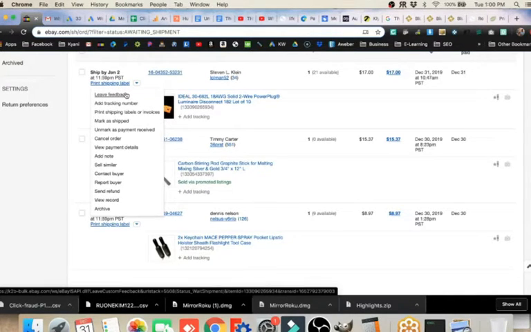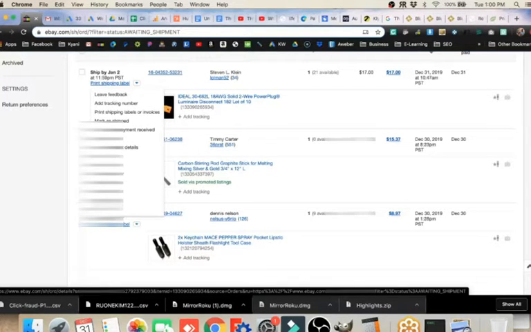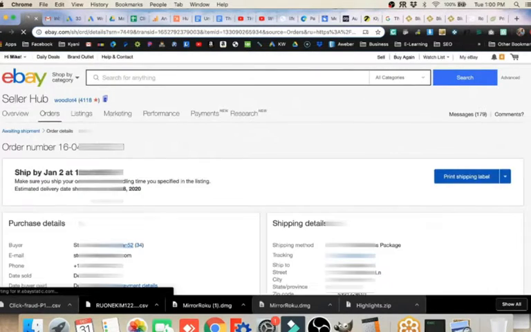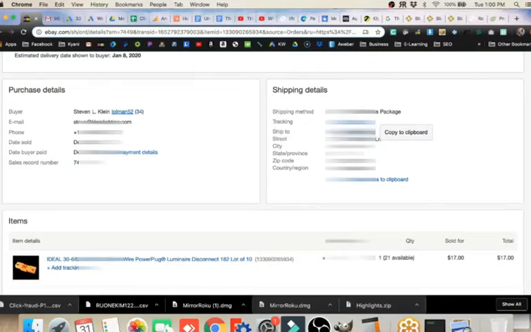If you are shipping the item as a drop ship item, then you'll come down here and click View Record. When you click on View Record, it will give you the details of the customer, and you can simply click, as it says here, Copy to Clipboard. You click on the name, it will copy that. Then you'll go and paste that into the name field on Amazon, for example, when you're shipping the item to